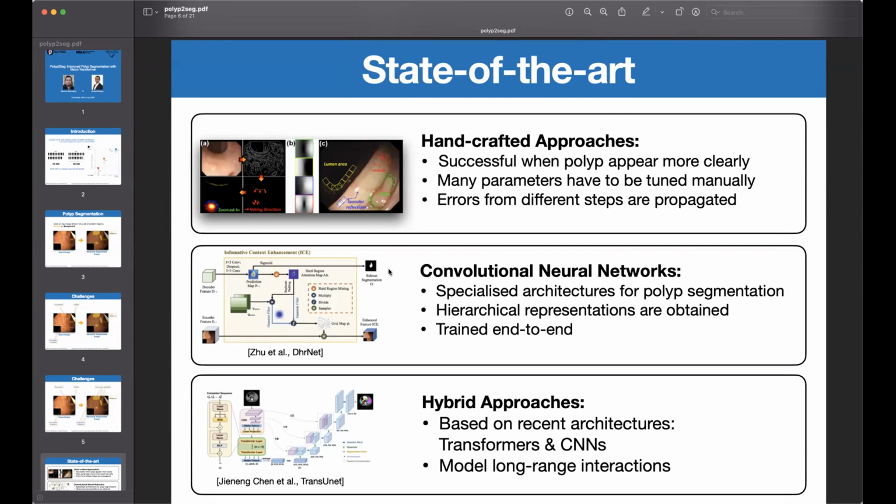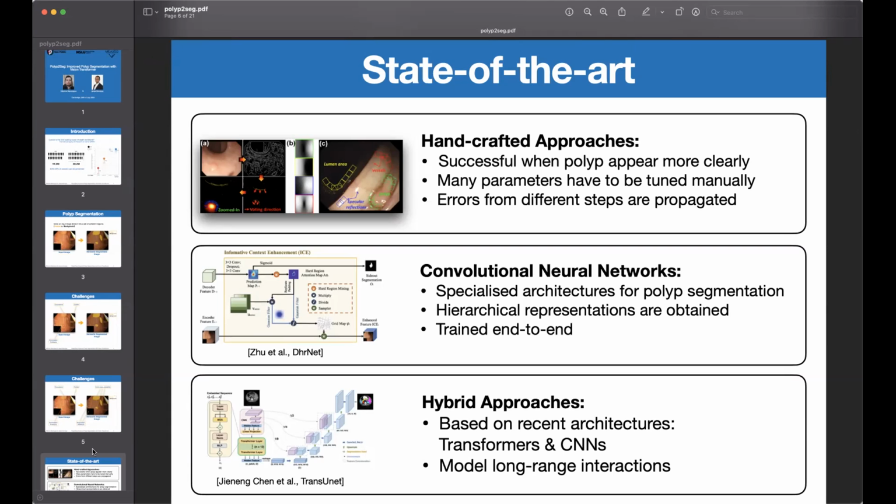The second group of approaches are based on convolutional neural networks, which are basically trained end-to-end, and we can obtain this hierarchical representation. And the more recent approaches, generally speaking, in medical segmentation are these hybrid approaches in which transformers and CNNs are used to obtain a finer segmentation. And actually, this is where our approach lies. We are proposing here a hybrid approach which uses transformers for long-range spatial delineation and CNNs for localized